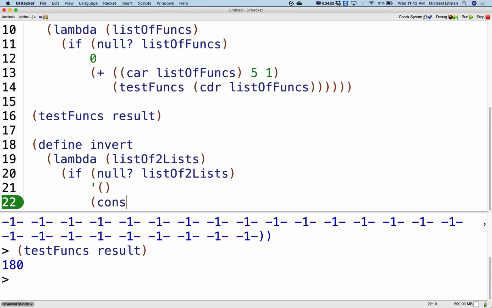Well, I'm building a list, so I'm going to cons something. And what am I going to cons? Well, I need to figure out, how do I invert that 2 list? Okay. Well, you can do this a couple different ways, doing the things that we've done so far in class. See, I haven't shown you the list function yet, right? It was in the book. In the book? Yeah. Okay, so we can create a list out of,